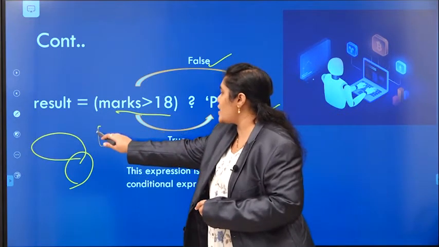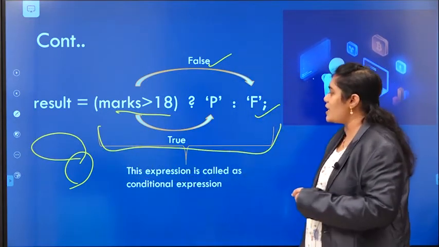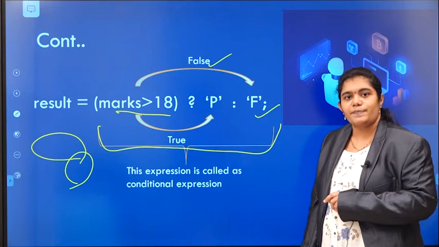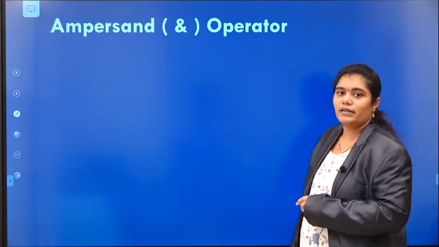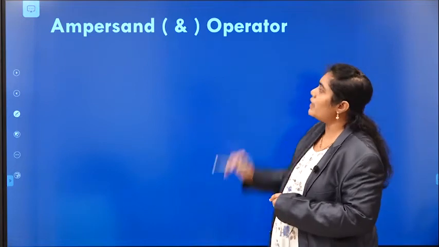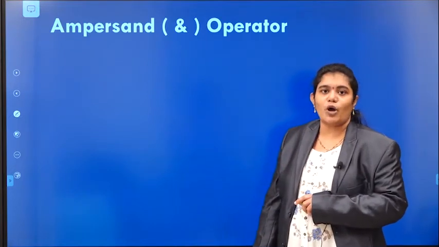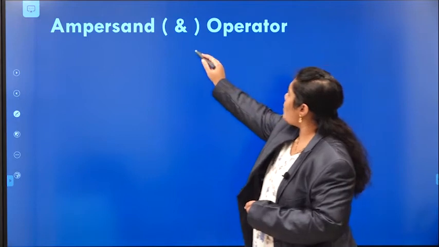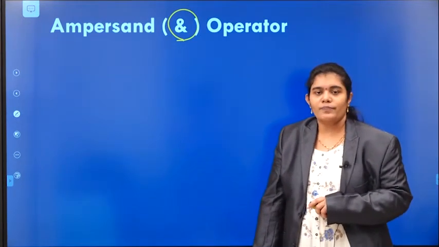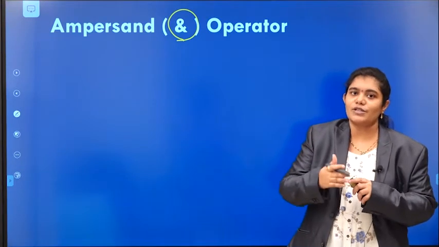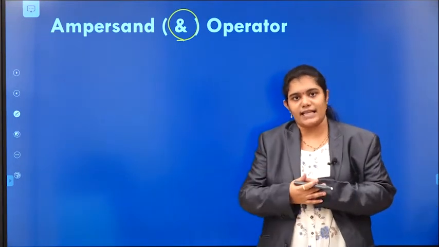This expression is called a conditional expression, right? And the next operator we have is the ampersand operator. The ampersand operator has an important role in C programming. So as of now we discussed so many operators with so many examples.